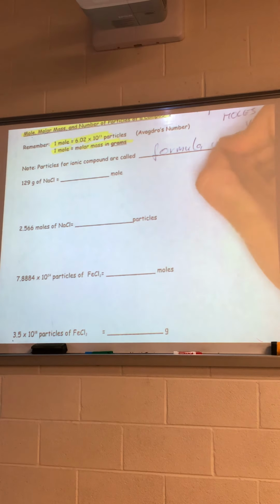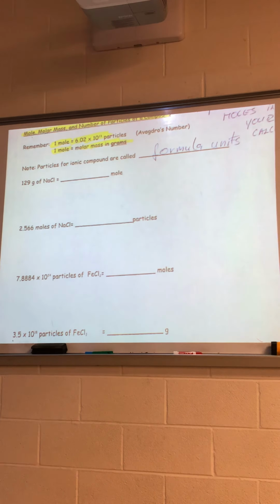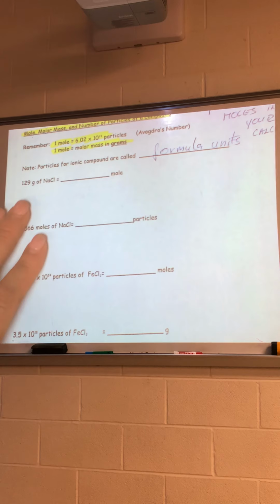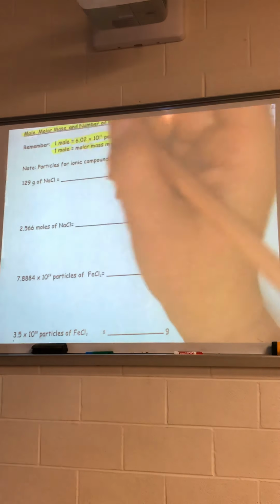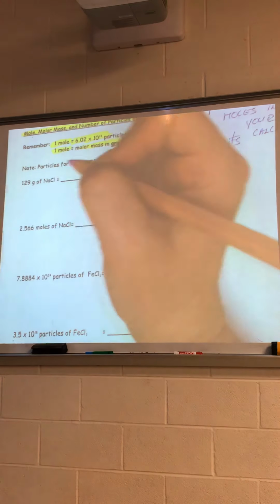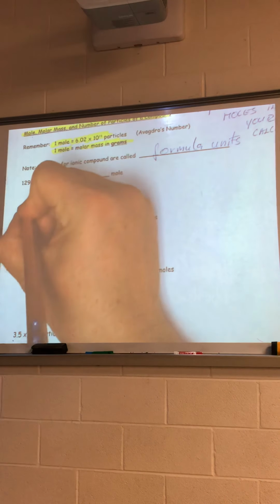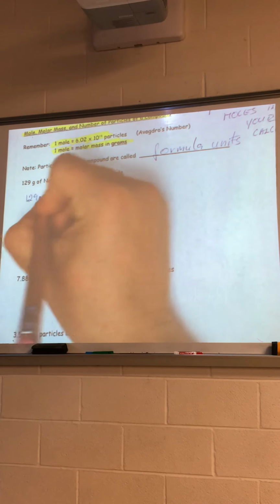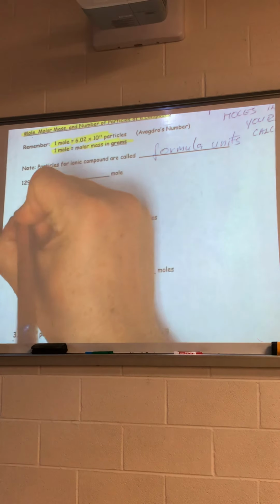Formula units. Alright, so we have 129 grams of sodium chloride, and we need to transfer them into a mole. Okay, here we go. We did this before. 129 grams NaCl,